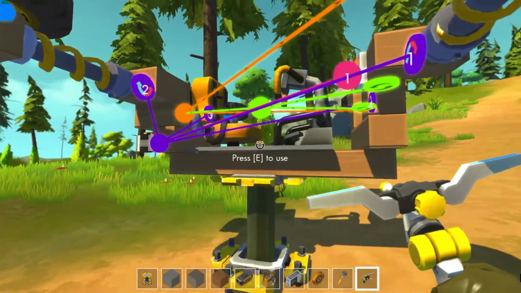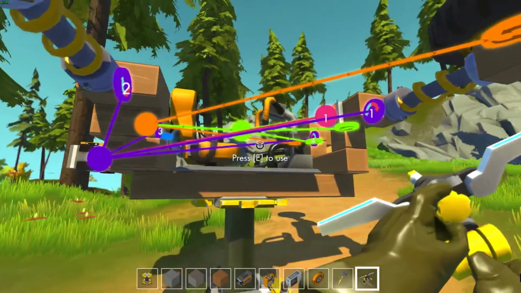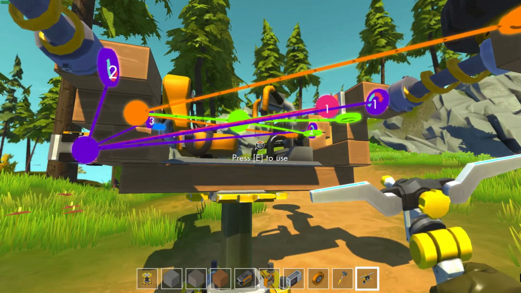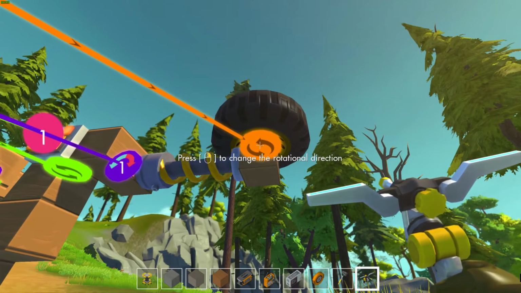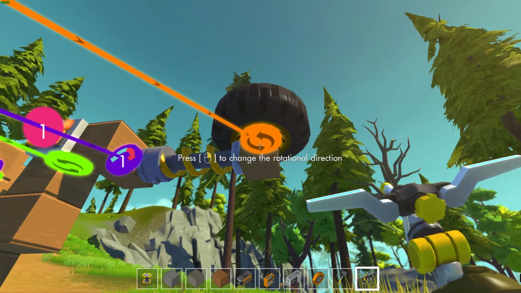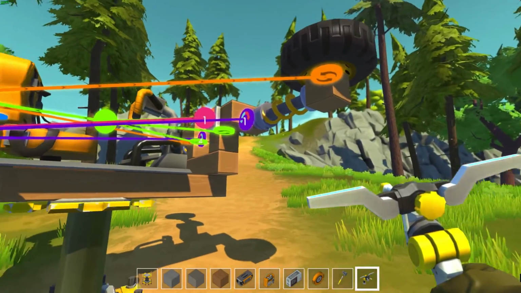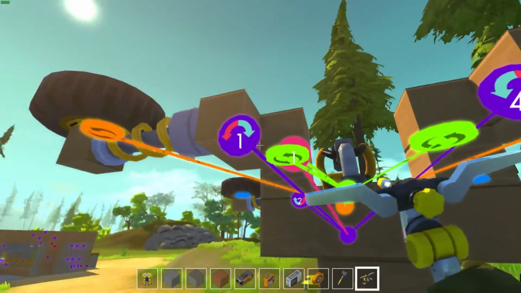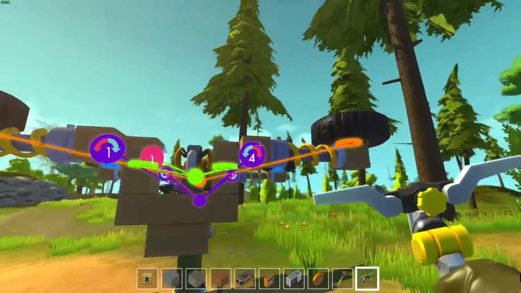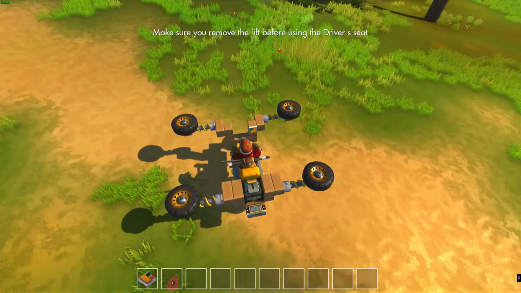So yeah, the engine seat and the drive seat and the engine are linked together, and the engine is linked to the wheels, which means that when I'm driving it, if I press forward, the wheels get power to go forward. They speed up. If I press backwards, they go backwards. Then I've also set up some bearings here and here, which attach to the legs of the front two wheels, and they're hooked up to the driver's seat, and that means that when I...